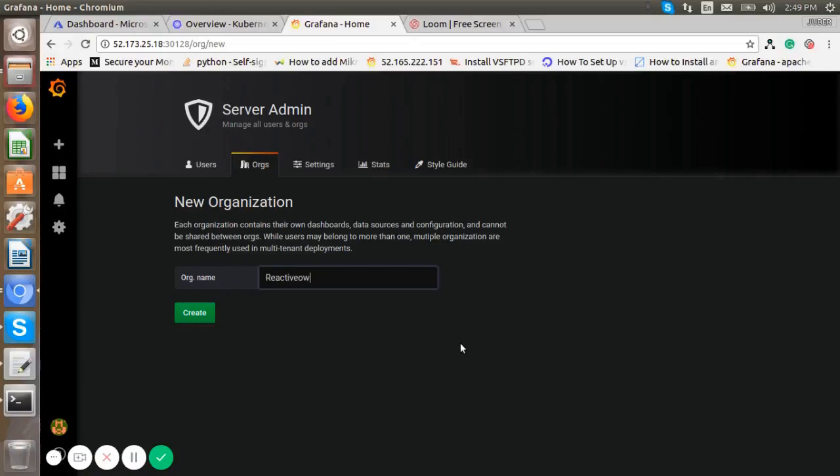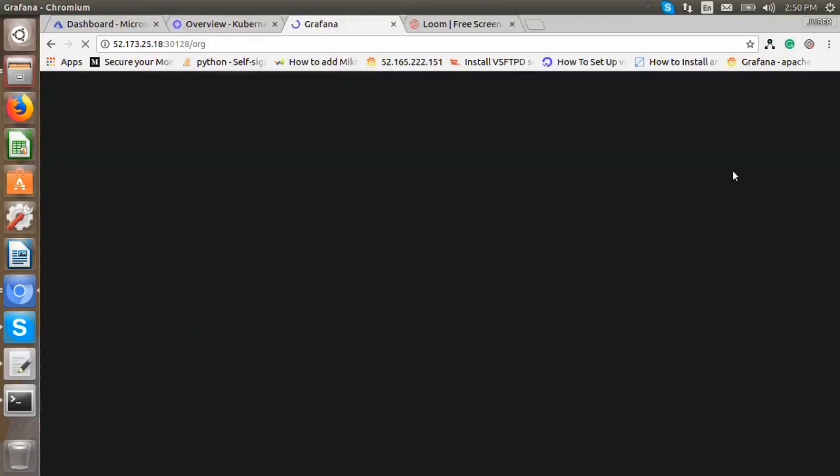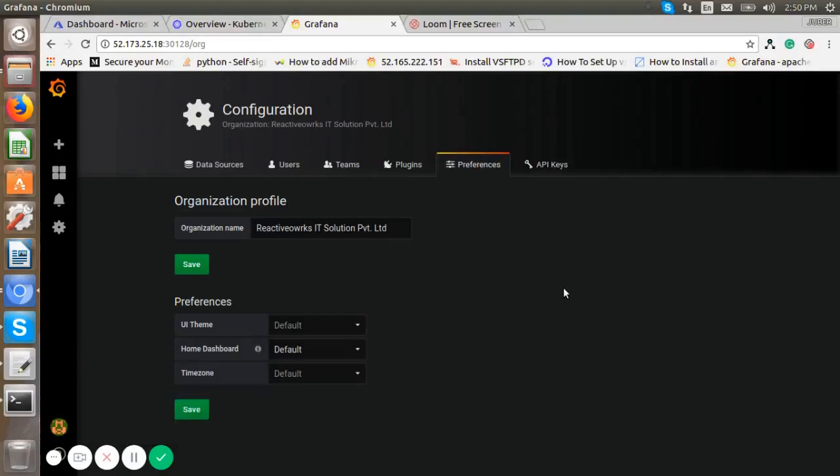Click on the create button, and our organization is created. Active organization change. Now we are shifting to the ReactWorks IT Solution Private Limited organization. This organization is our current organization.